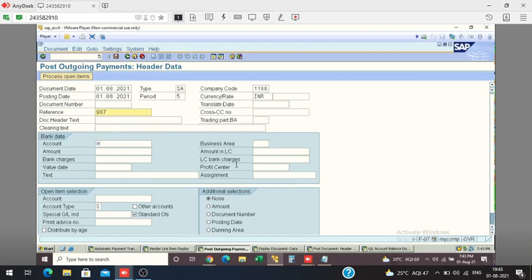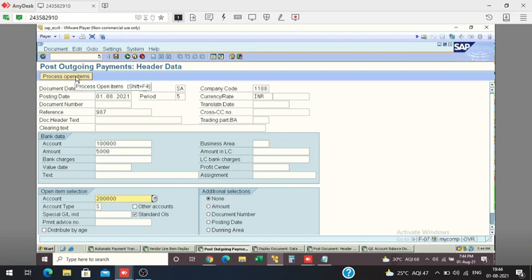I think we can give bank GL amount 10,000. 10,000 I'm giving. 5,000 I'm giving. Okay, let's do 5,000. Then GL. I don't have that much amount, so I will pay 5,000. After 1 month or 15 days, I will pay another 5,000.